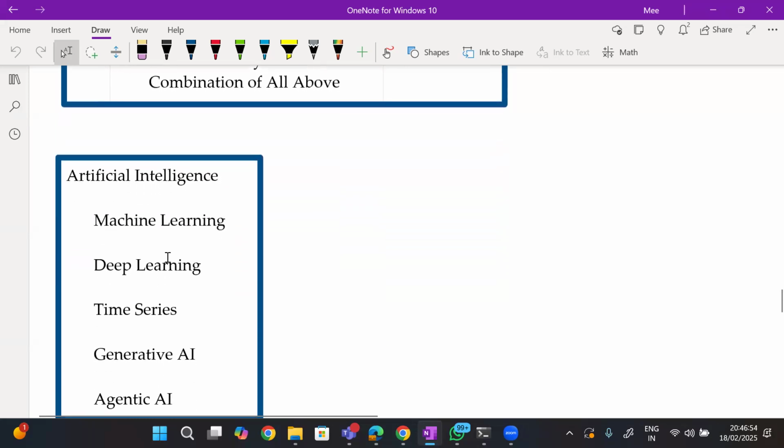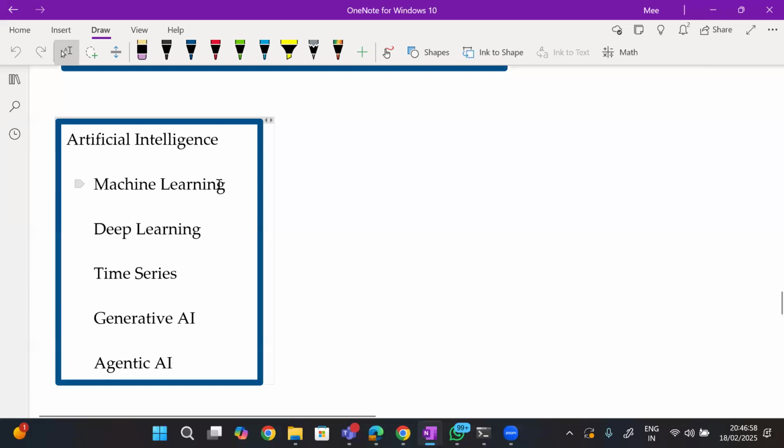Now, artificial intelligence is implemented using machine learning, deep learning, time series, generative AI, and agentic AI. Our course will go from artificial intelligence to deep learning, then generative AI, and then agentic AI.